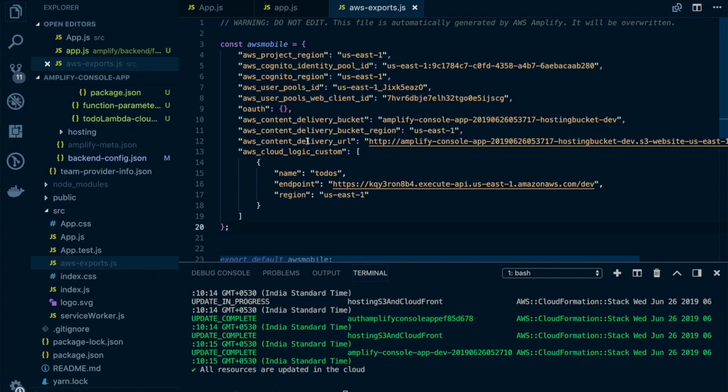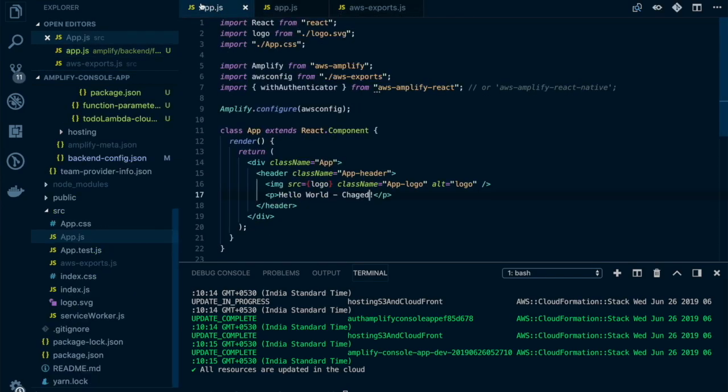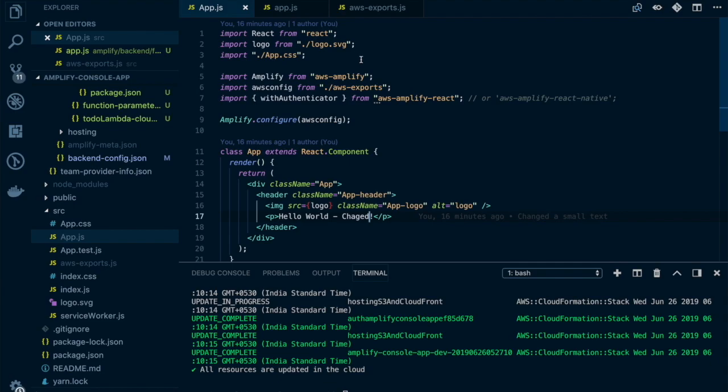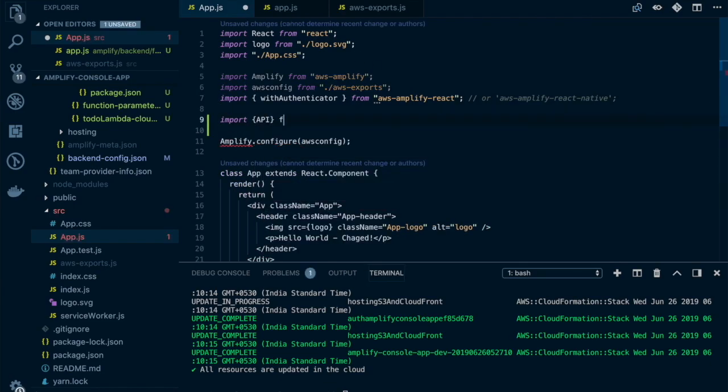Alright, so it's completed and it has populated the extra information in the AWS export file. For example, the cloud logic, and this is our API name. In order to use this, we have to import API from AWS Amplify. So I'll go to app.js, not this one, but capital App.js, and here I'm going to import API from